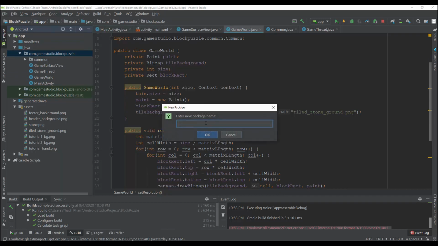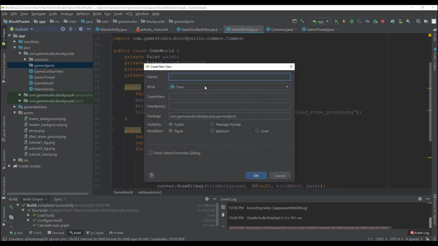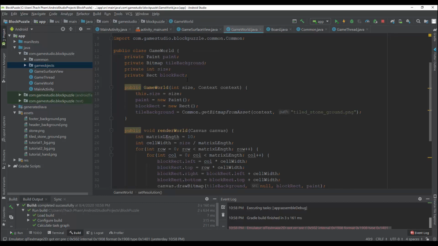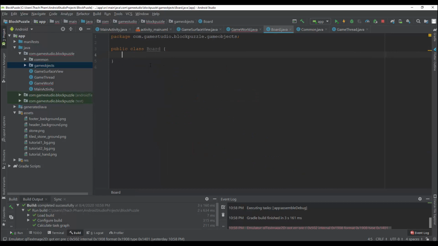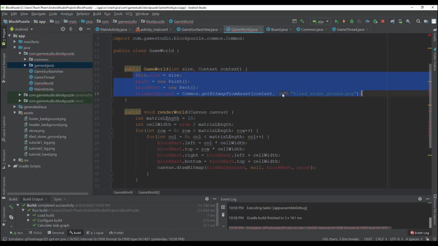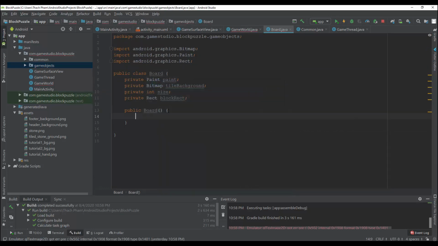First, create a new package for the game object, and in this package I just create the board class, and go back to game world, copy all the things here, go to board and also create the board constructor, go back to here, copy this for the constructor and paste it in here,